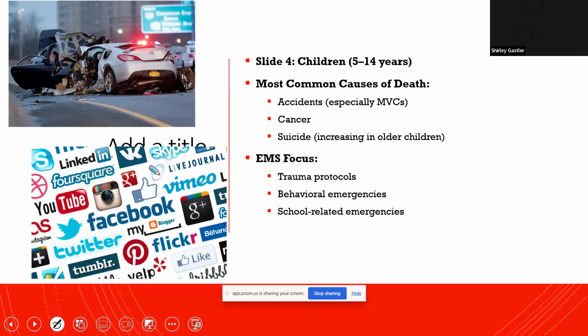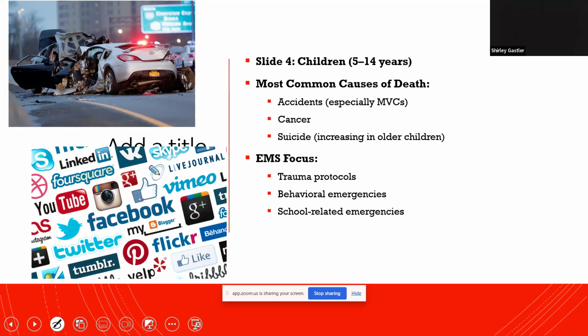As we move along into the 5 to 14 years, motor vehicle accidents start becoming more common. Once you get a little bit more size and girth, especially as a pediatric patient, it's nice when you get a kid that's a little bit bigger and has a little bit more reserve to them. Usually the viruses and things like that of the early age, the RSV and stuff, stop being quite as important. Cancers, pediatric cancer is still a thing. Hopefully AI and technology will start to take care of that stuff.